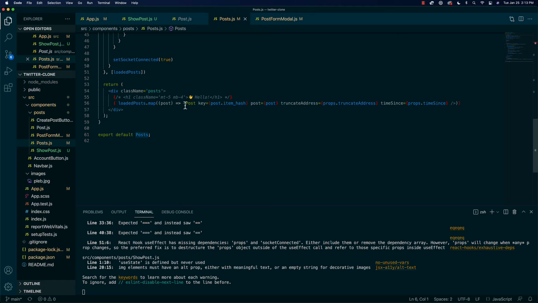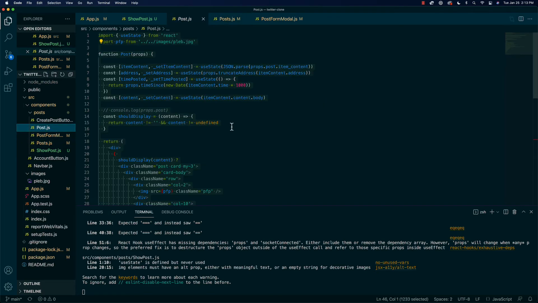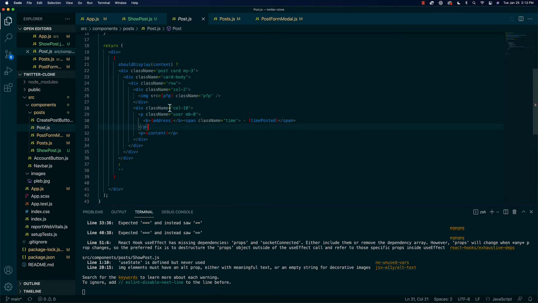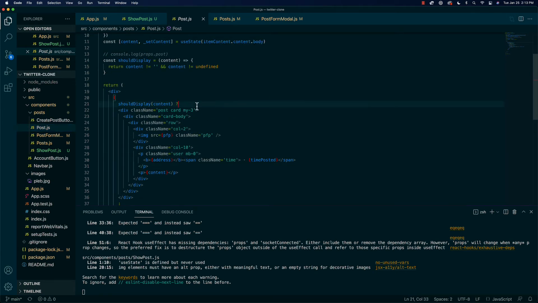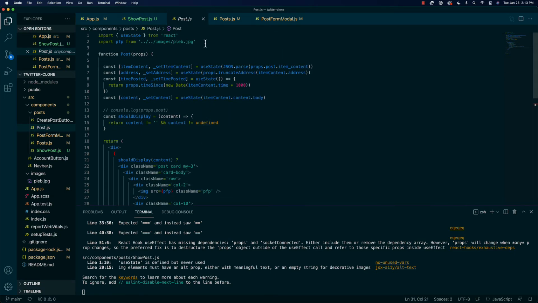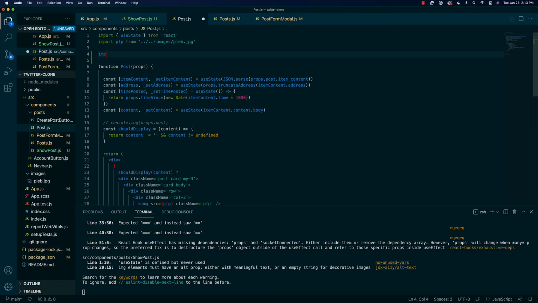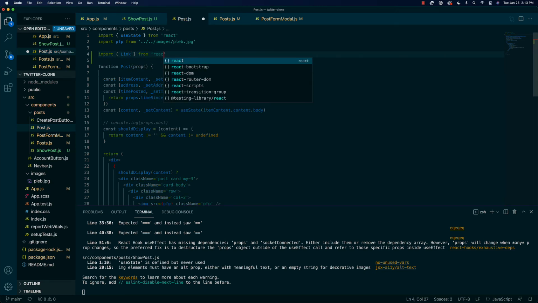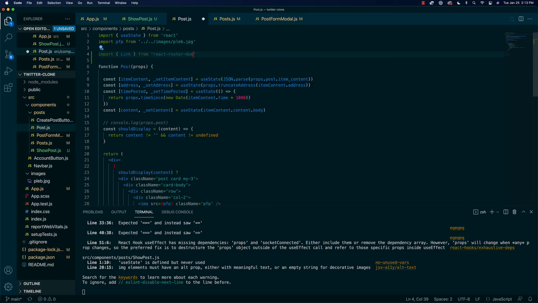So what we want to do is actually have post inside of here. We're going to want to wrap this whole div in a link. And to do that, what we're going to do is import link from React router DOM,